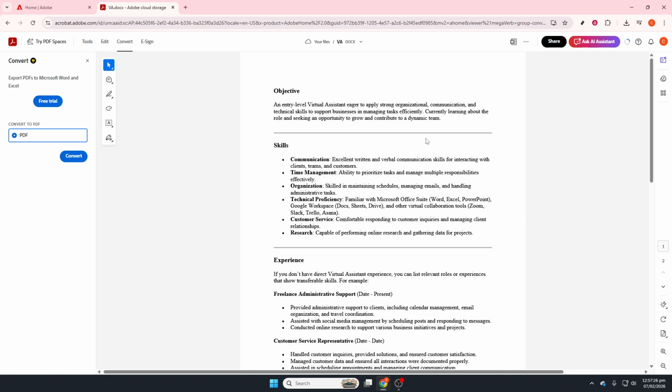When you're satisfied, save your changes. Click Save to commit the edit to the file. If you want to keep the original untouched, you can save to a new copy, so you have both versions. That's it, the text is now replaced. You opened the PDF, entered edit mode, selected